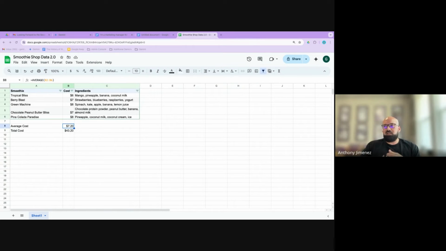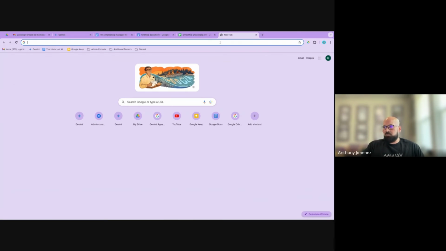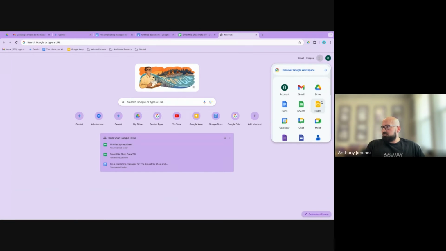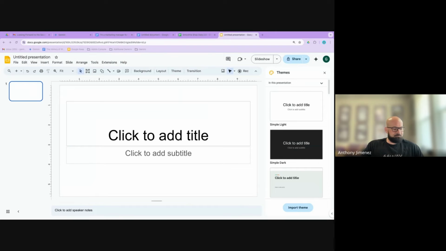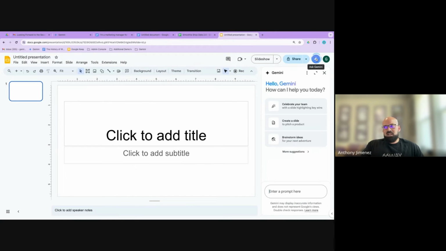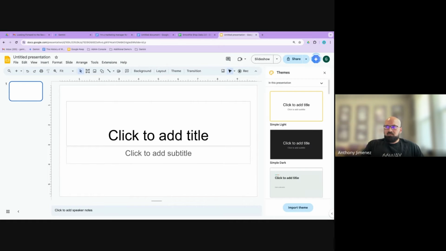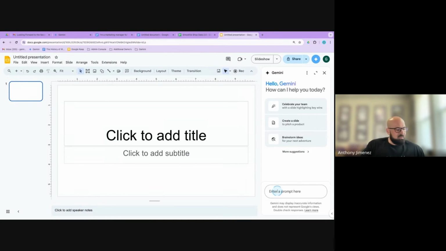Let's go ahead and create a slide based off of this data now. So I'm going to open up a new slide here. Let's create a blank presentation. Okay, perfect. So now we have our Gemini side panel in Slides as well. You also have this icon here called Create an Image with Gemini, which I'm going to demo in a few minutes. But we're going to click on Ask Gemini, and I'm going to say,